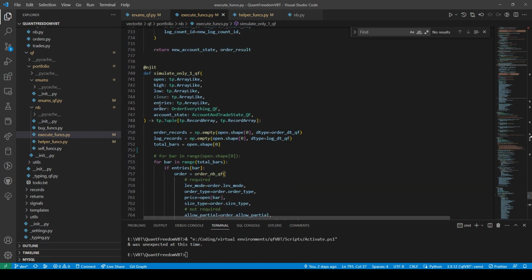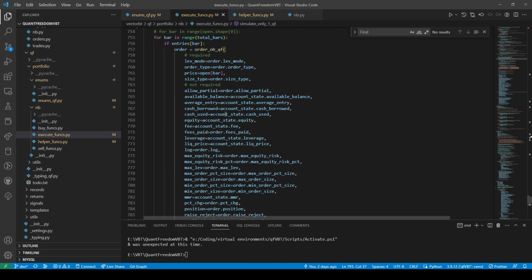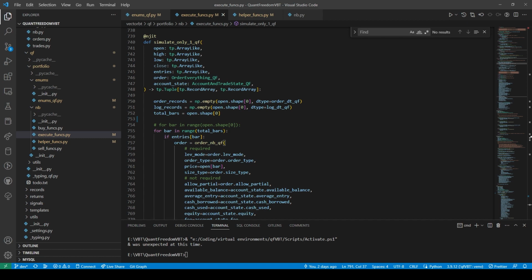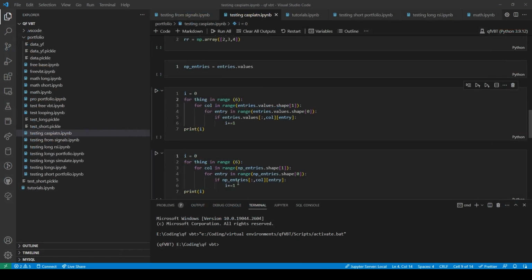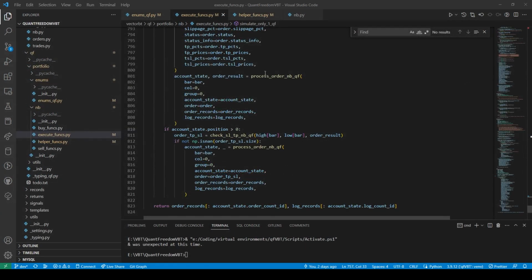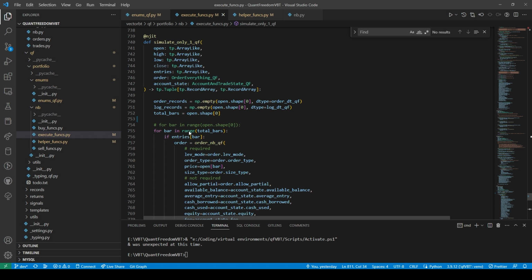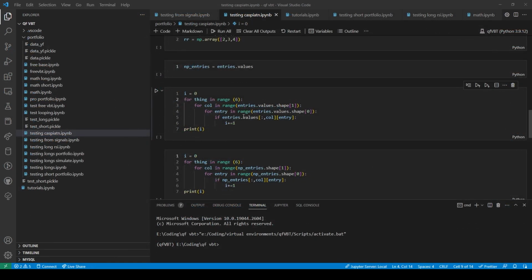So we'd get the order from the Cartesian thing. And then all of this stuff would be order dot. So this part would be right down here. And then we'd pass that off to the process order NB, and we would do all of that stuff, and then we'd come back up until we get kicked out of this. Then we'd go up to the next value, and we'd run it through that, and that, and that, and that.